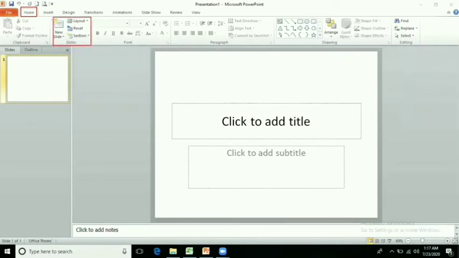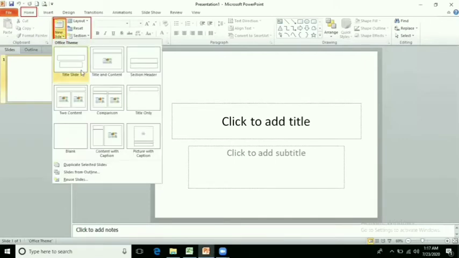We can see here there is one option that is new slide. So we will just click on new slide, and you can see there are many of these themes like title slide, title and content.